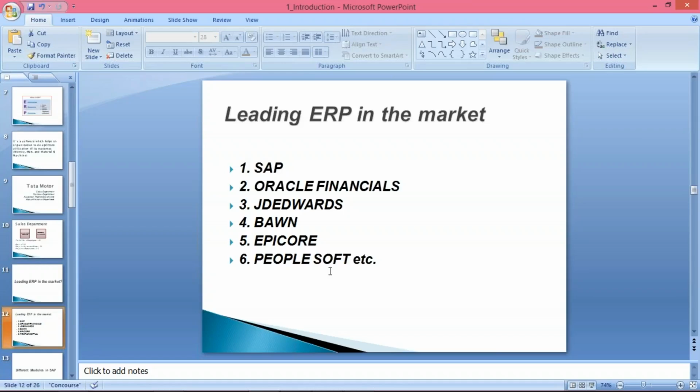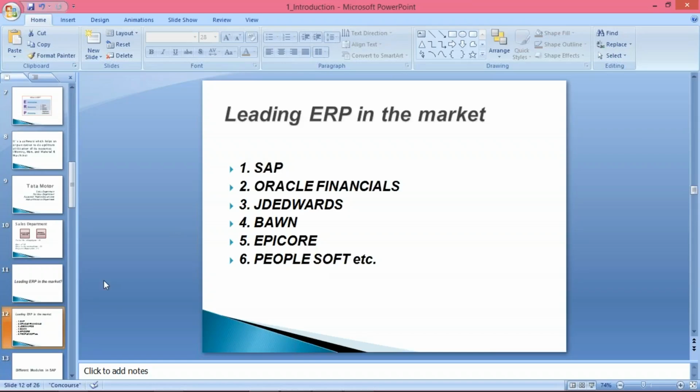So these will all be treated as ERP, but for small organizations. There are several ERPs in the market, out of which I have written a few names here: SAP, Oracle, Epicor, PeopleSoft, Navision, Tally. These are all ERPs.